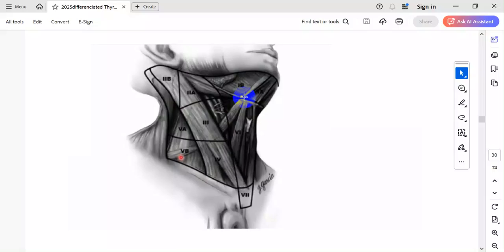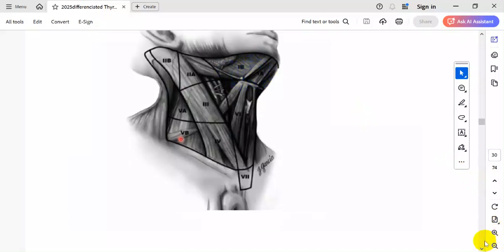Here the zone, zone 1, it is very rare to metastasize to this site. As we said, it is very rare to find metastasis in zone 1, but you will find thyroid metastasis in lymph nodes in the central lymph node zone, approximately 40 up to 50, even sometimes 70% of metastasis, and